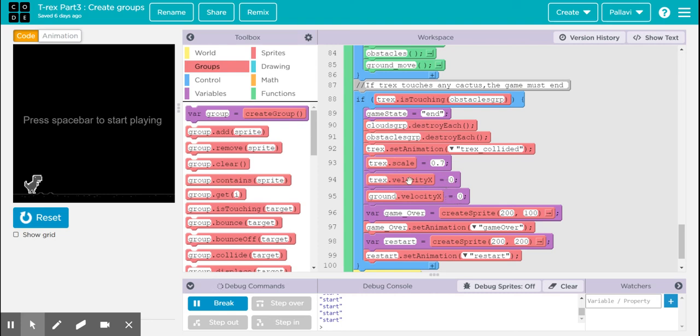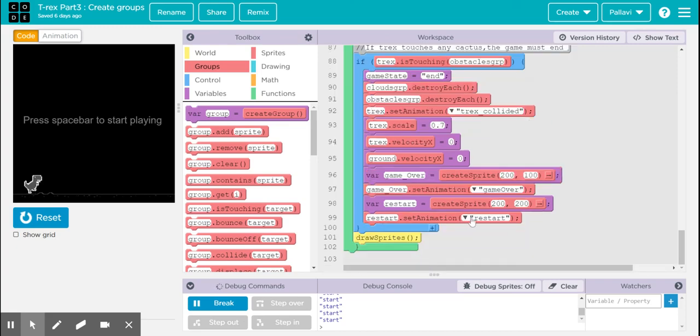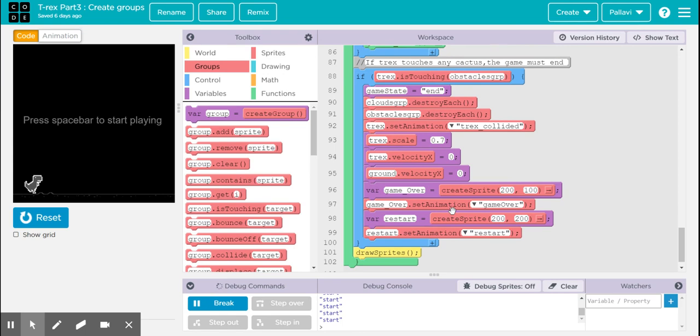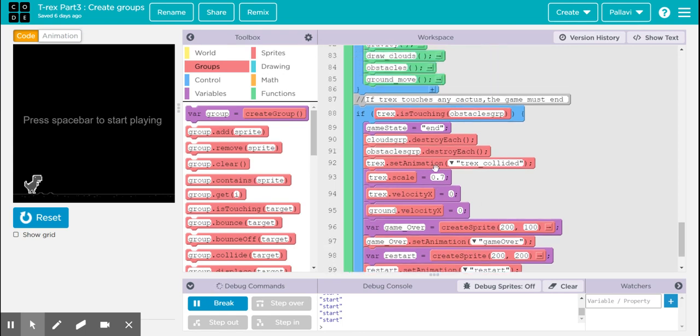You can either destroy the T-Rex sprite or you can make it stand wherever it is with the X velocity this time being 0. And I also want to display the game over sprite and restart the game. So there is an option for the restart of the game. So this is the code for the game to be ended or terminated.